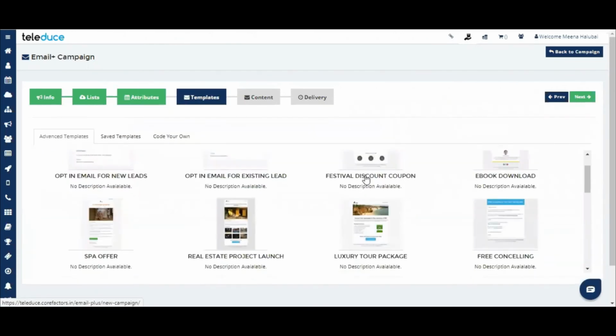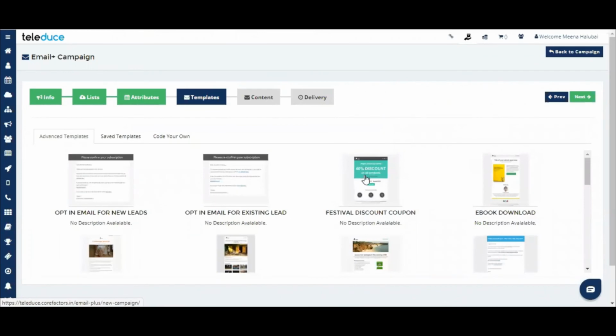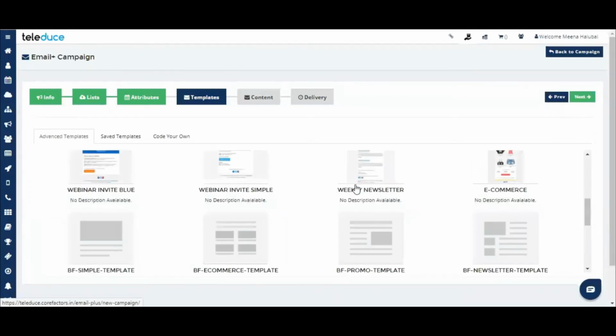Now we have here to choose the templates. Okay, so advanced templates are nothing but where you can utilize your BeFree templates that are already here. You can utilize either of them.